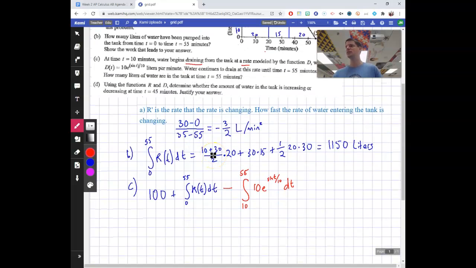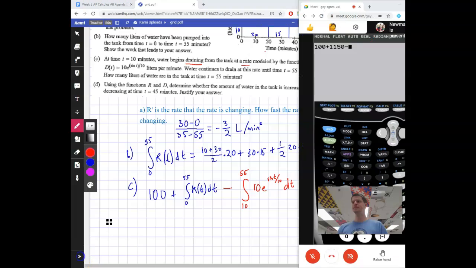We're going to punch this into the calculator. Let me get my calculator. All right, so I've got the 100 plus 1150 minus, I'm going to go to math integral, that's 9, fnInt, and from 10 to 55, of 10